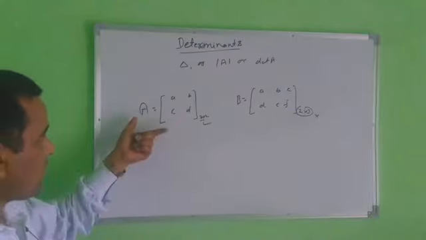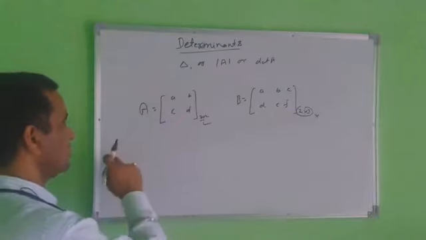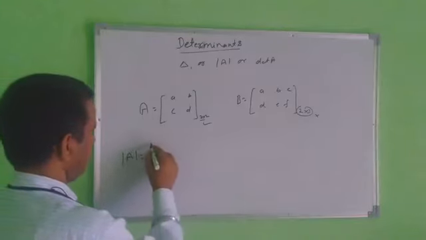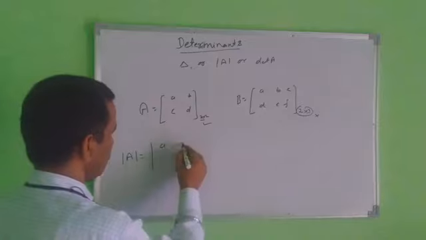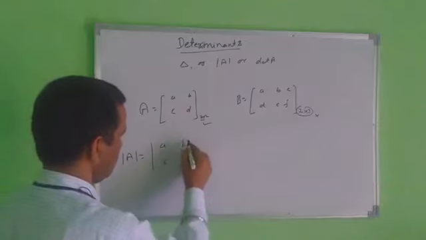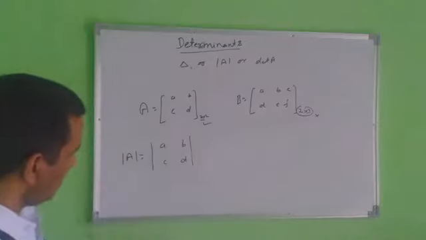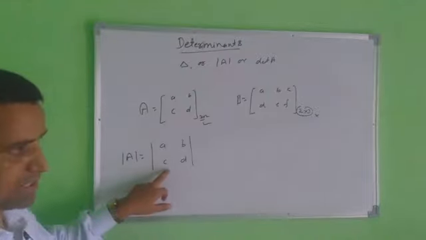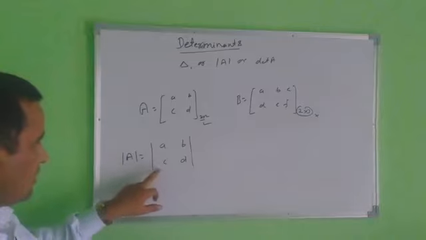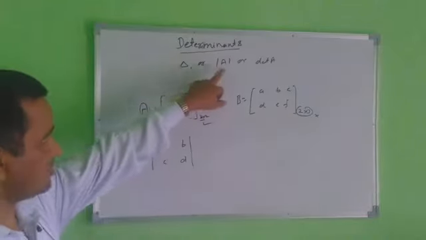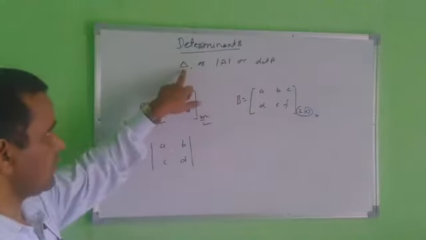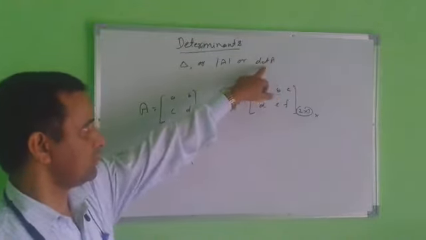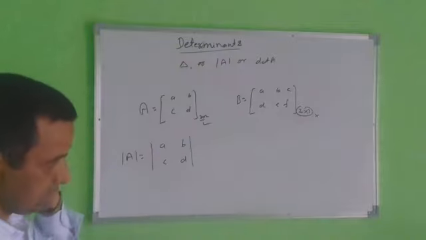So suppose you require the fixed value of this determinant. Then you convert it into determinant form. You will write A, B, C and D in this way. So this matrix, first of all you convert in this form. This is the form of the determinant. You can represent this determinant as determinant A, otherwise del A. This is the short form of determinant A. You can represent it this way.